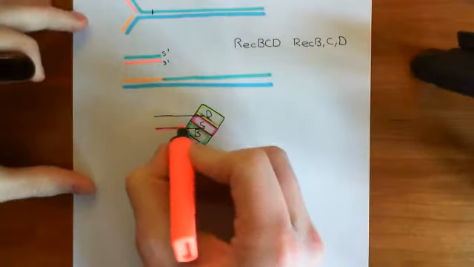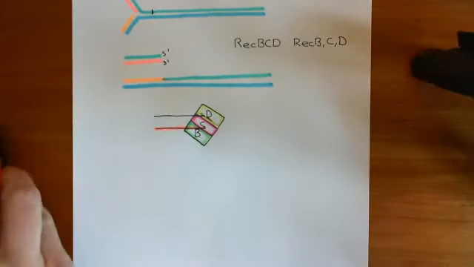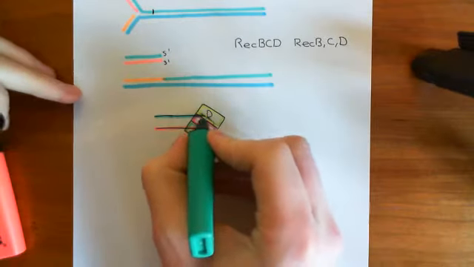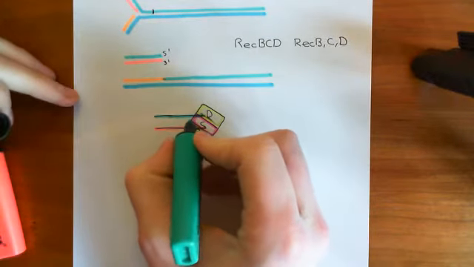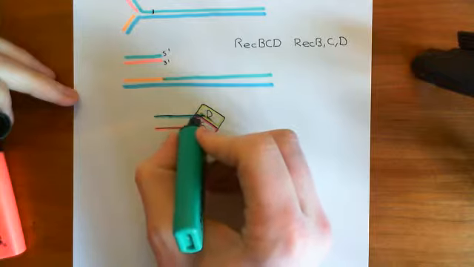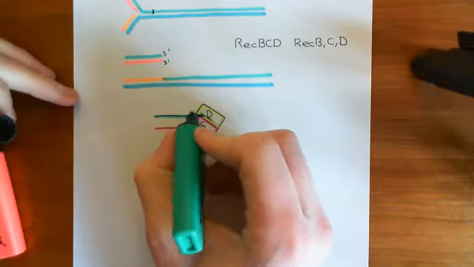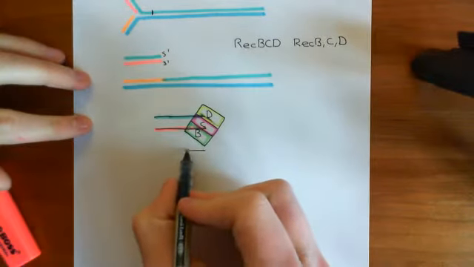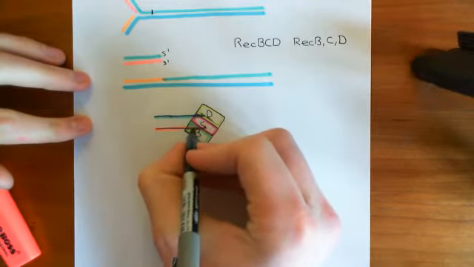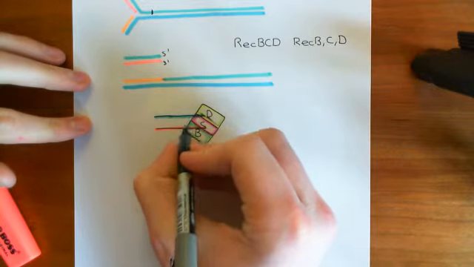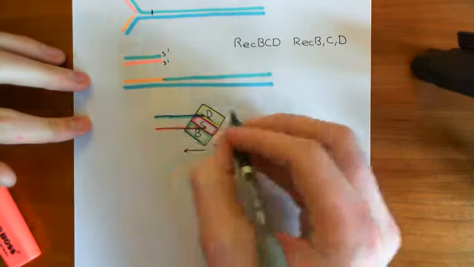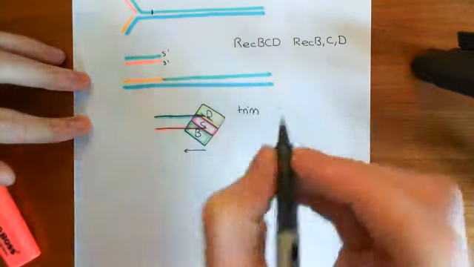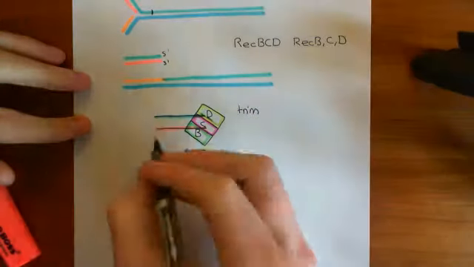Okay, so this is the red portion here, and this is the turquoise portion here. And what it's going to do is work its way along the DNA, split the two strands apart, and cut these two strands up. It's going to be cutting up the turquoise strand and the red strand, working its way along, cutting both of them up, basically. So this is the initial trimming that both sides get,